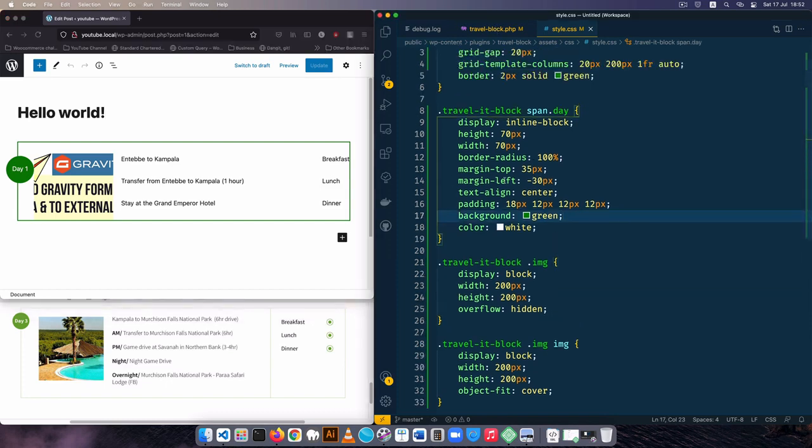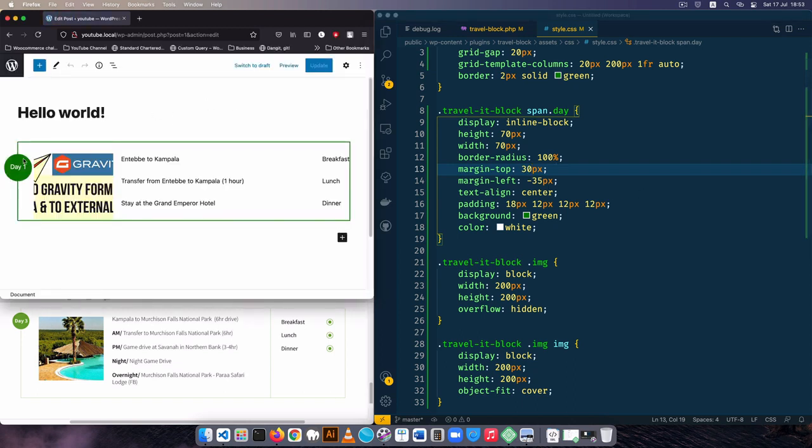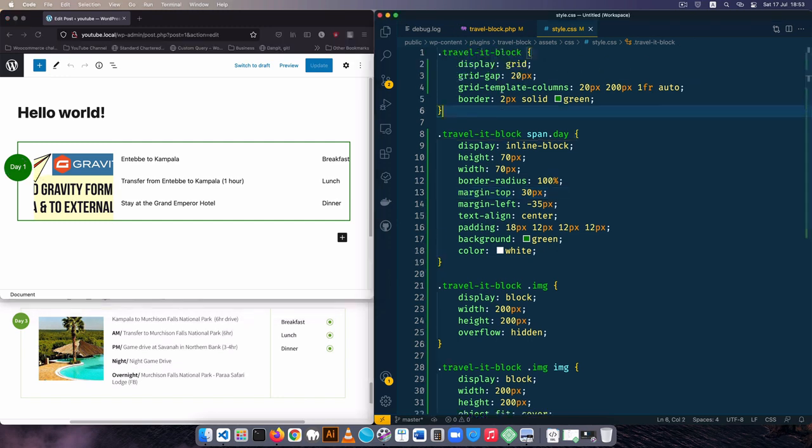So I'm just going to go back to span day, and then I'm going to look for a margin left. I'll give this a 35 because that's half, and then this can still be 30. I think we changed the wrong value, so I'll reload this. Yeah, it's now more center and giving the space off here. I think we can now increase our grid gap and say let this be 30,